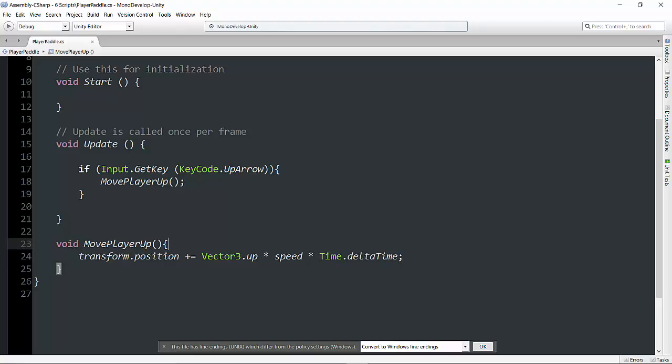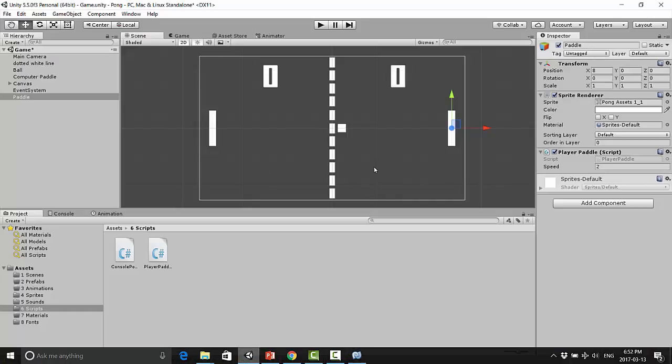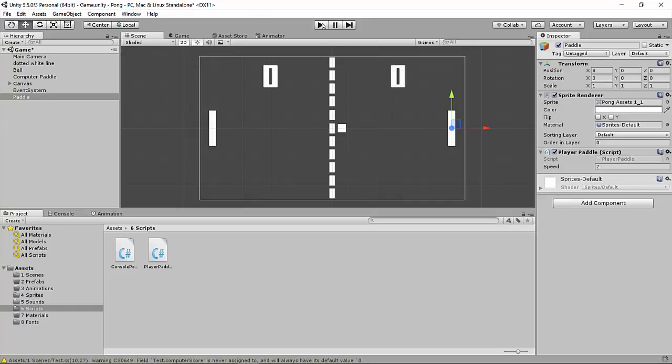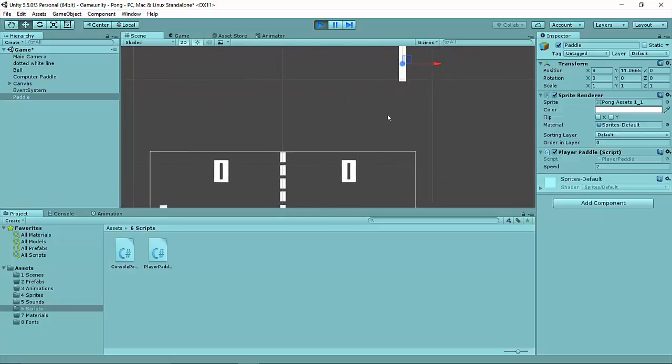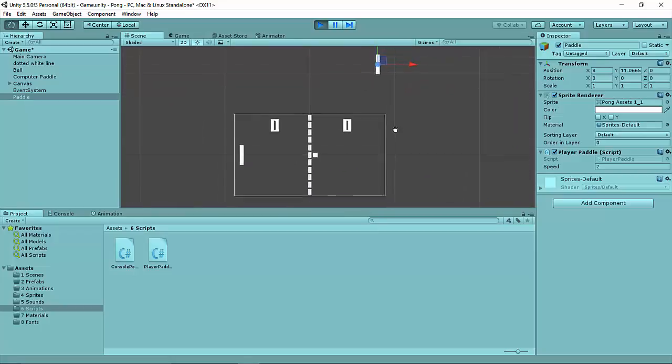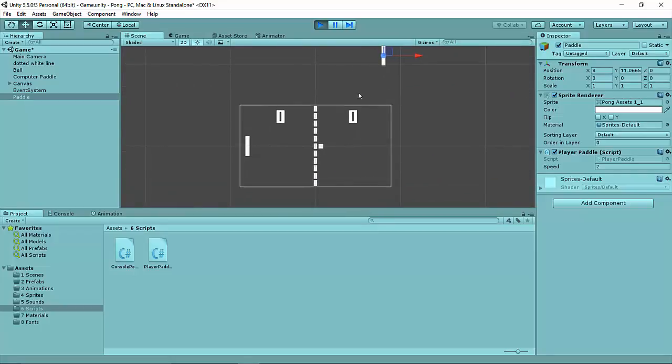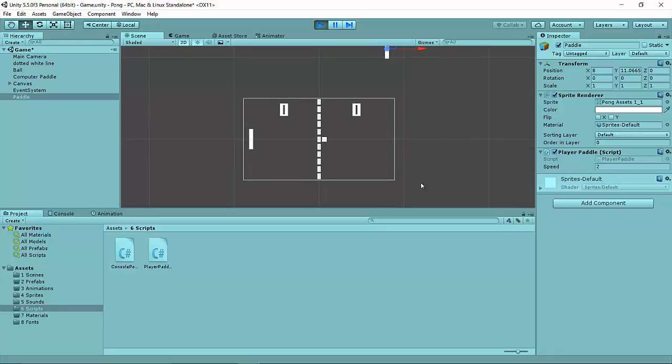So now I'm going to hit Control S to save, and we're going to go back into Unity, and we're going to hit play. And let's take a look and see what happens if we hold up. And look at that, we have some movement. Now you can see there's a problem here, and we're going to take care of that in the next video, is that if we look at our scene view, the paddle just keeps going infinitely, and well, we don't want that to happen. We want the paddle to stay within our scene, but it is moving up,